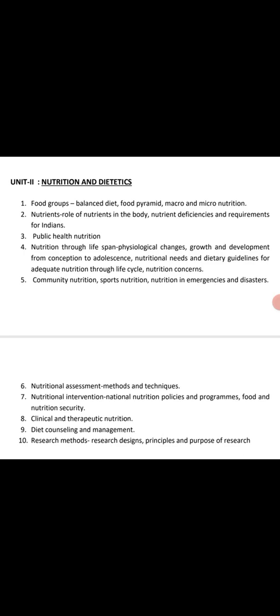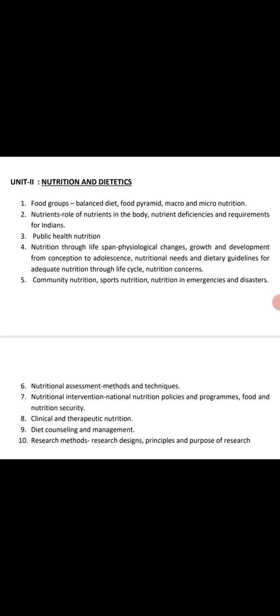malnutrition or deficiency which occurs due to overeating, public health nutrition, nutrition span during our lifetime from the birth till the death, how the nutrition affects our body, community nutrition, sports nutrition, nutrition in emergencies and disasters, nutritional assessment, methods and techniques of nutritional assessment, how these are evaluated, nutritional interventions, the programs and services introduced by the